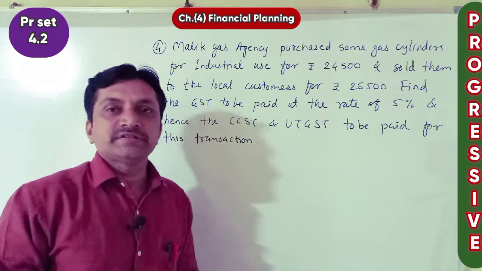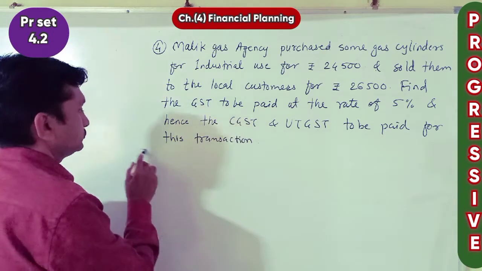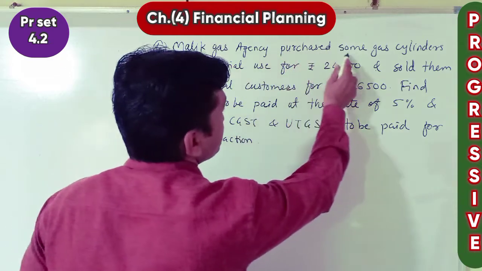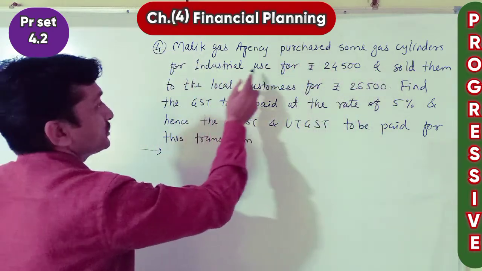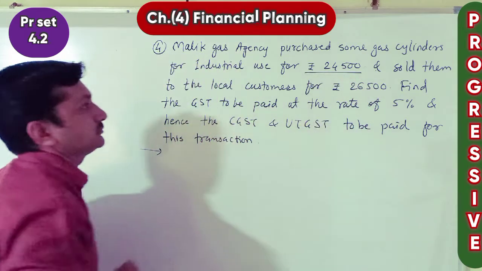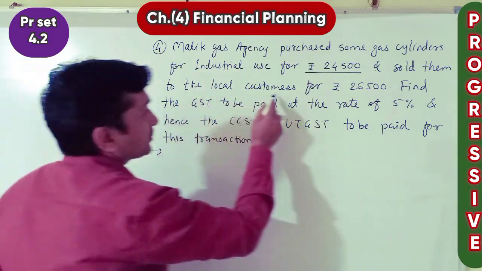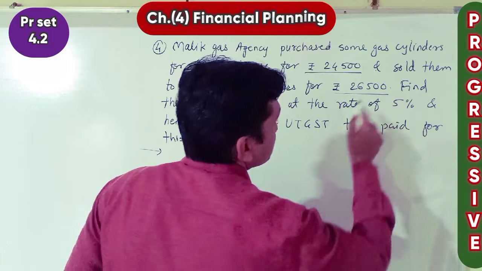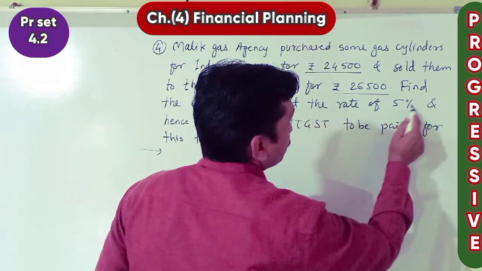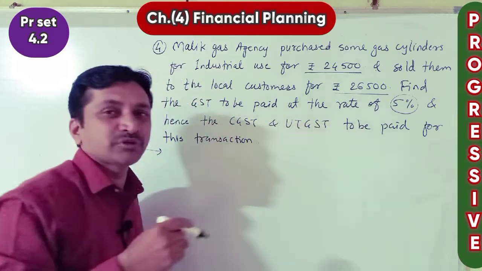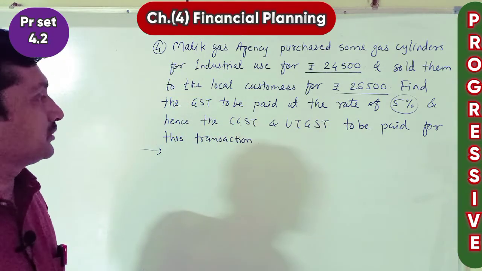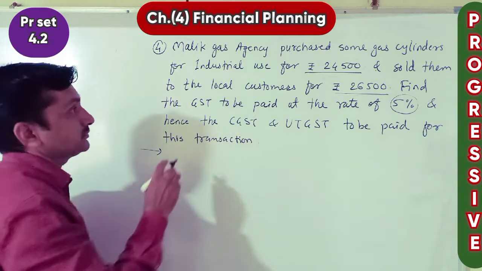Dear friends, let's see example number 4 now. Malik Gas Agency purchased some gas cylinders for industrial use for rupees 24,500 and sold them to the local customers for 26,500. Find the GST to be paid at the rate of 5%. Means here the amount is not given, we have to find the amount of GST payable at 5%. Now here